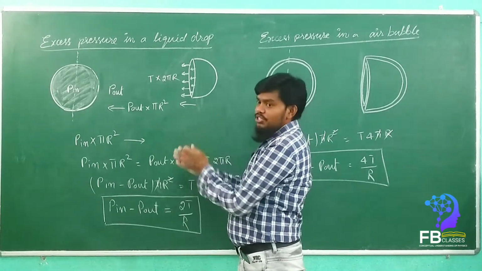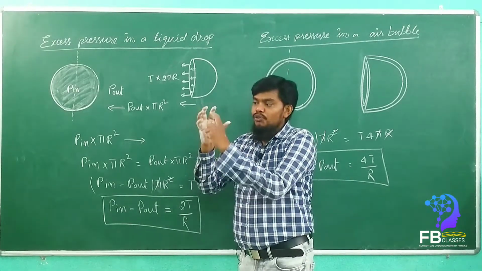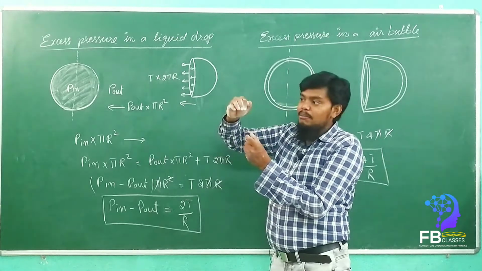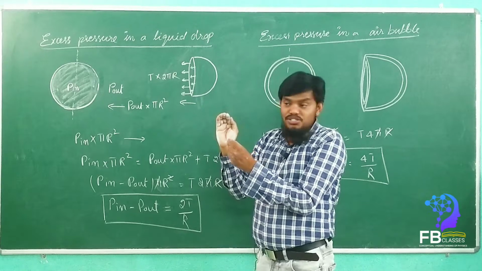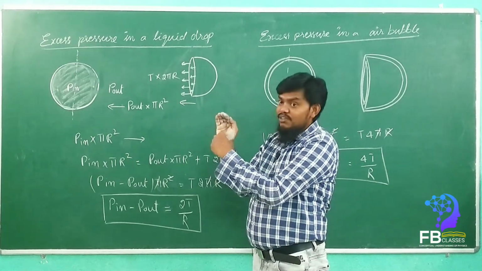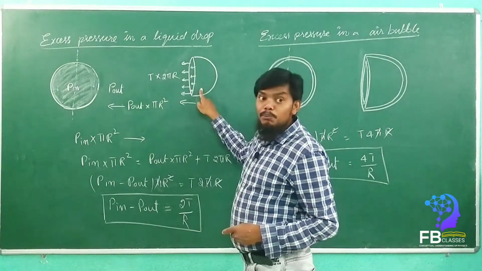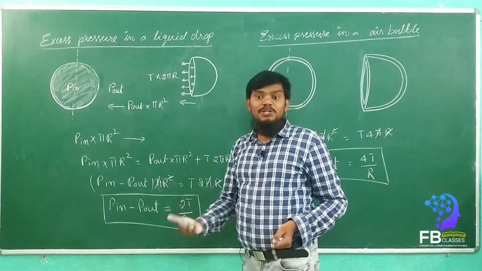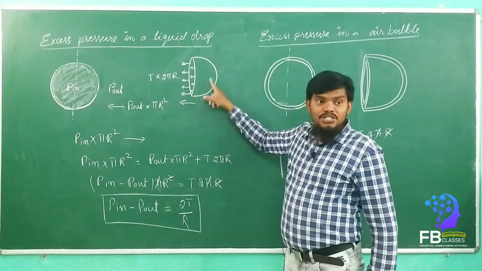Okay, see, this is a water drop, right? This is a drop. So if you break it, where will the pressure be? Inside. So if you take the hemisphere, how can we say that? We can memorize that the pressure will be more on the concave surface compared to the convex surface. See here, the concave surface will have more pressure than the convex surface. Towards the convex surface the pressure is less.